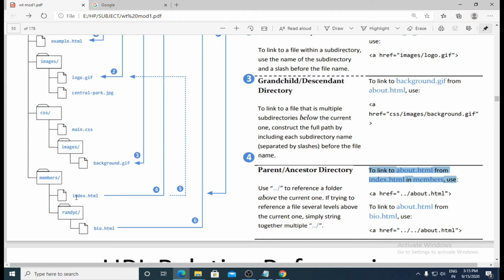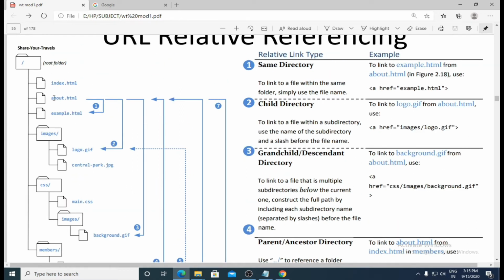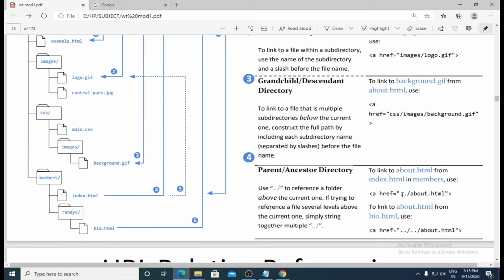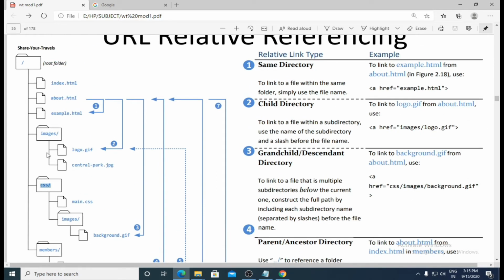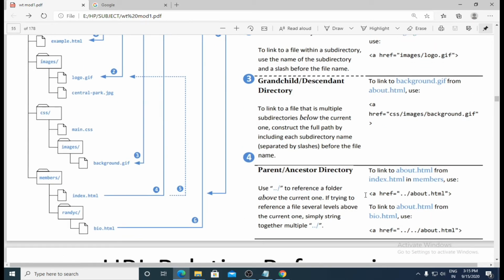That means from index.html you want to go to about.html. Okay, so what it will be is double dot slash about.html, that is two directories above css, above images, you have to use the about.html. So two directories above slash. Okay, so double dot slash will help us to go multiple directories above.